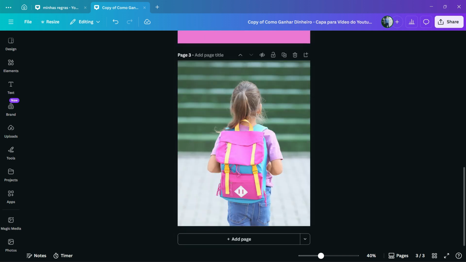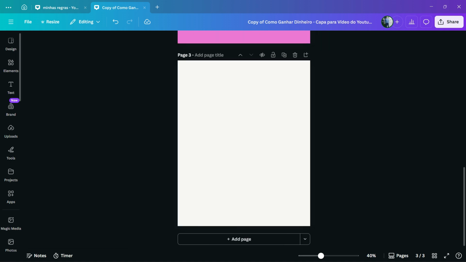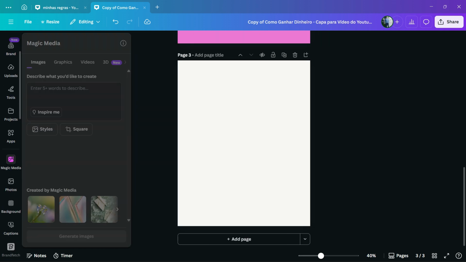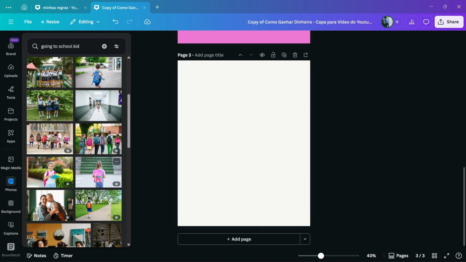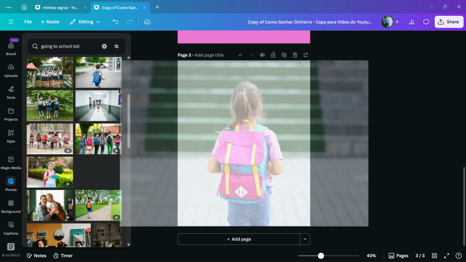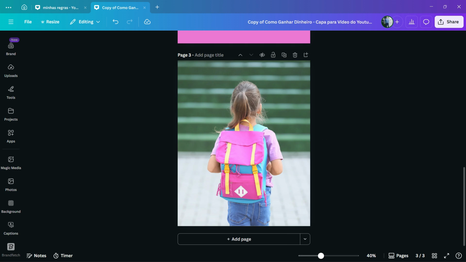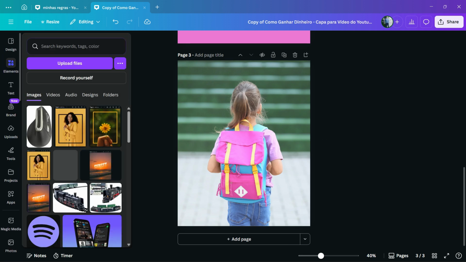After this, go to our design, apply the design in the type that you want and enter with your image. Review the left sidebar of menus, you can go to photos and apply the picture that you would like to use, okay? In my case, it's gonna be this one. But of course, you can upload your own picture. Then go to elements,